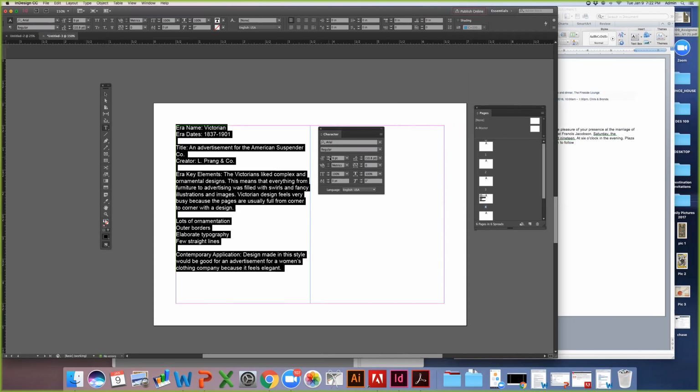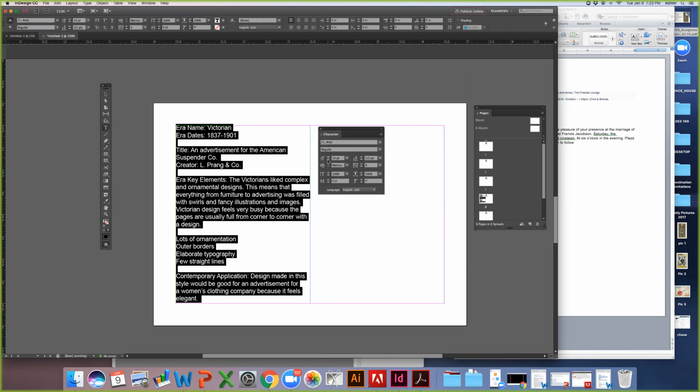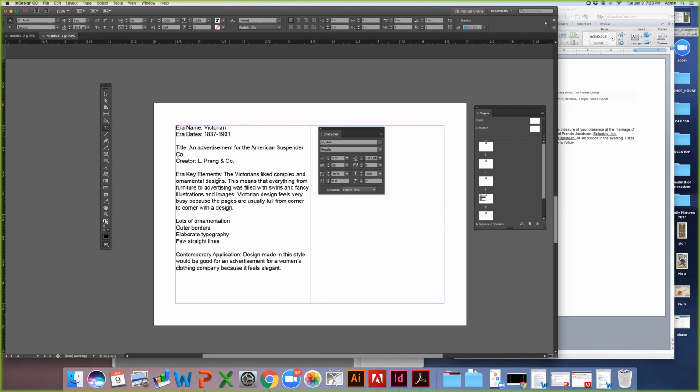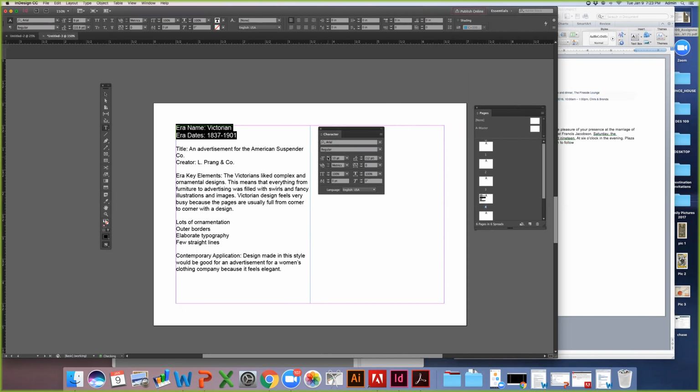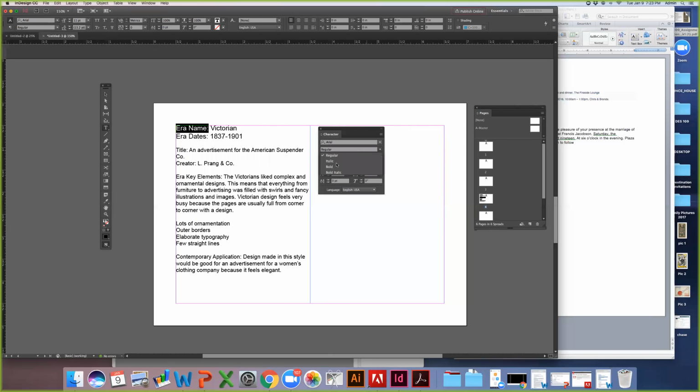So probably 9-point font would be good. I'm going to make the era name and dates a little larger so it stands out. It's kind of like the headline. And then the era name, I'm going to bold. That's going to be the weight that I change. And this is how I'm going to format my text. So I'm going to change the weight of the subheads, basically. So the title